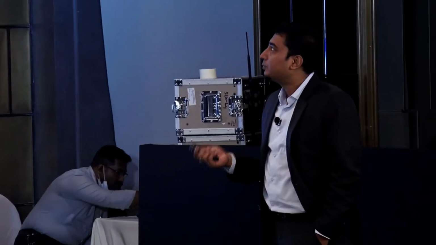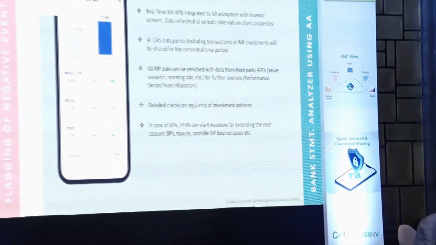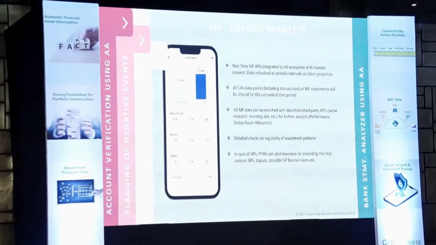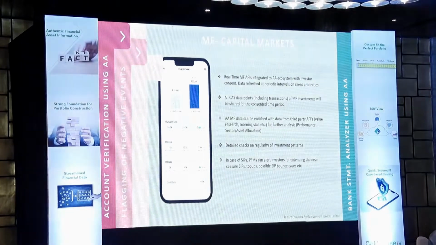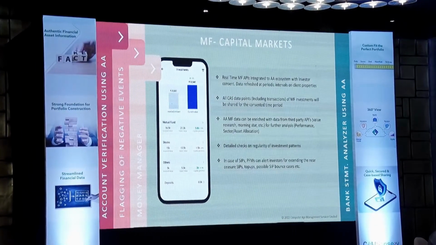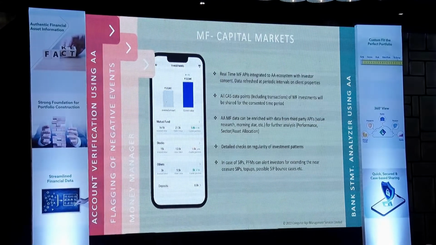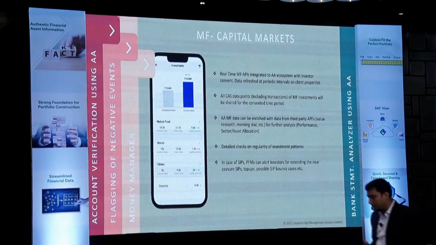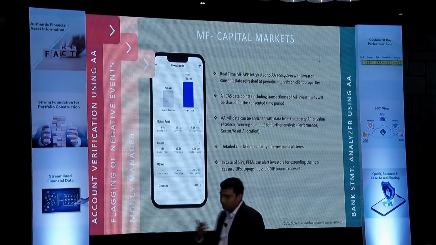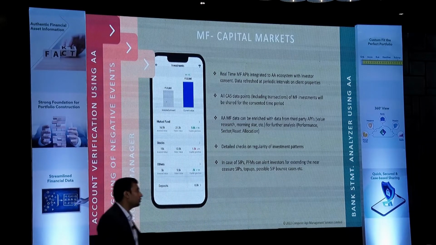Now coming to this capital market space, which is what we are all excited about, and we believe that in the coming 3 to 6 month window, this data will be available for consumption by the FIUs. Today, this information or a part of this information is available as CAS, and people can make different use cases out of that.